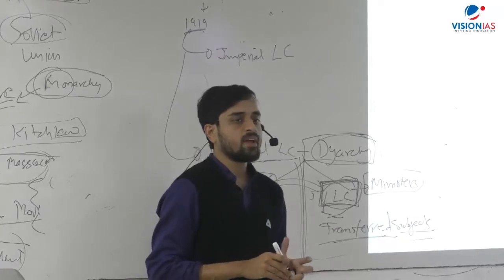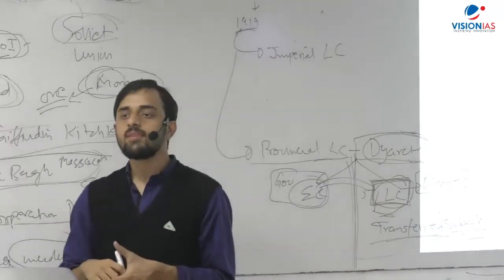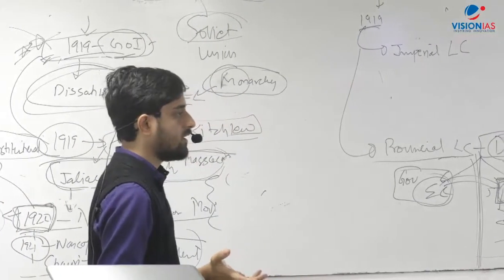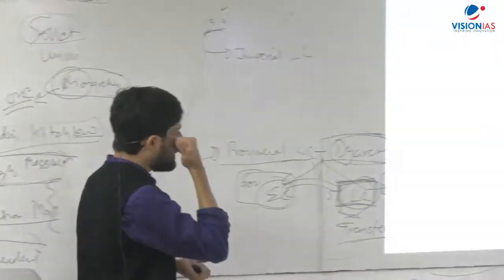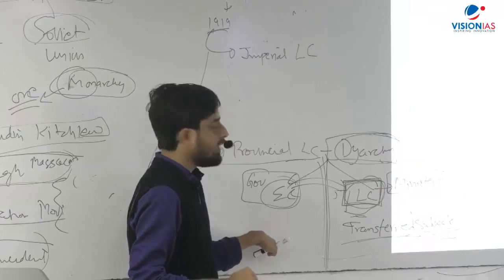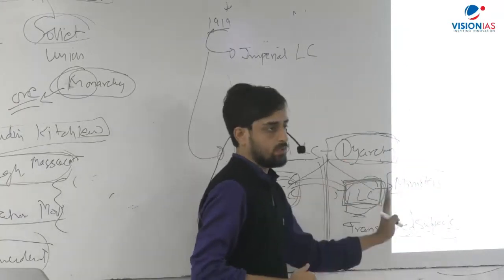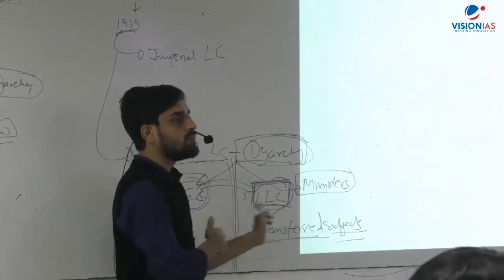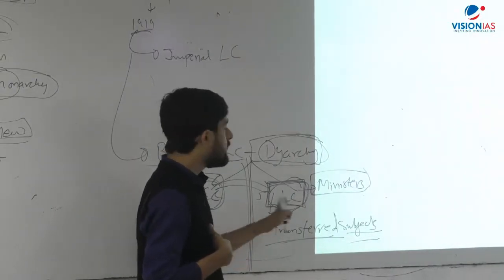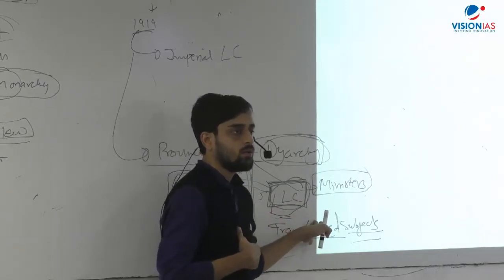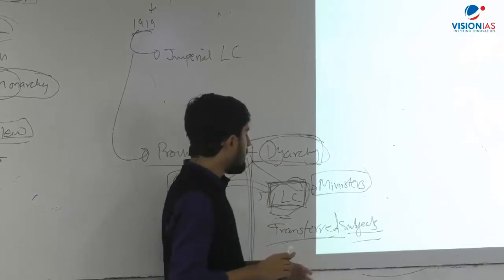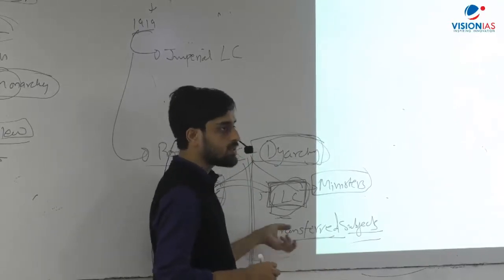Like in the absence of clear constitutional directive, Najeeb Jung and Kejriwal kept on fighting for a very long time, right? Unless and until it was made clear that the legislature cannot act without the consent of the Lieutenant Governor in case of Delhi. So in a similar manner, there had to be a division of powers so as to ensure that there is not a continuous friction between the Viceroy and his Executive Council and the elected members who are also going to form the ministers. So the powers at the provincial level were to be divided into the transferred subjects or the